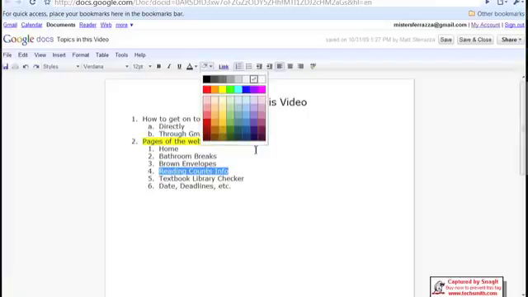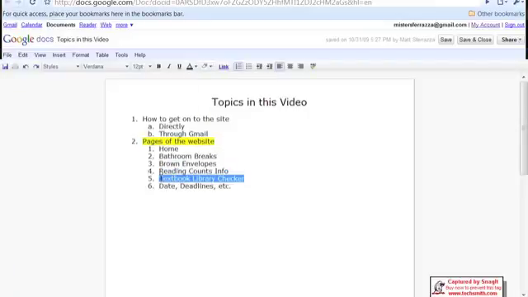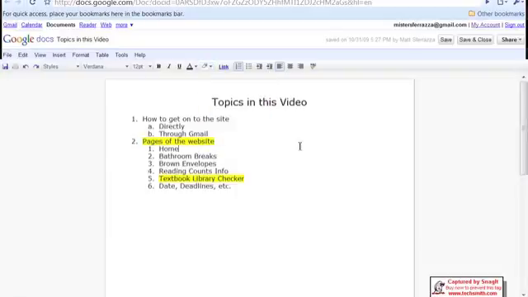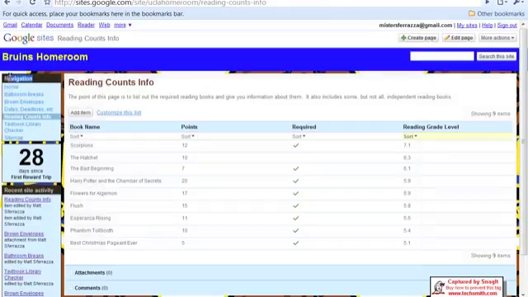Let's move on to the next portion, which is the textbook library checker. This is really useful because if you have a textbook checked out, it's charging $70 to your account if you don't turn the textbook in by the end of the year. You want to know if you have a textbook checked out. To find out, go to the navigation pane, click on textbook library checker,